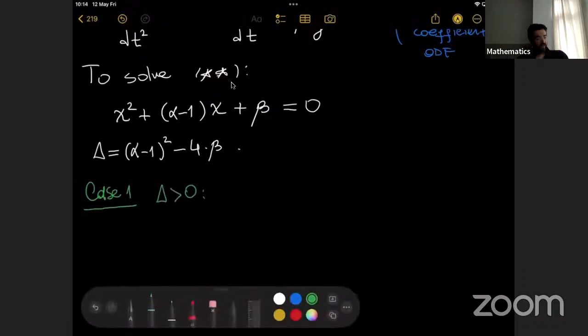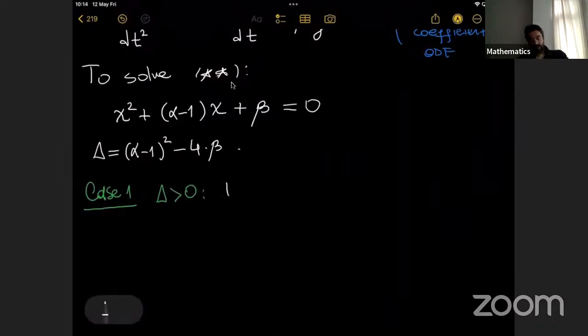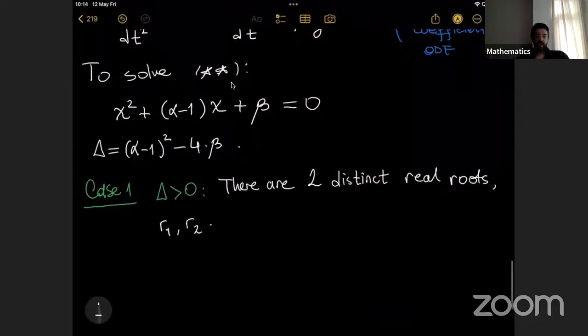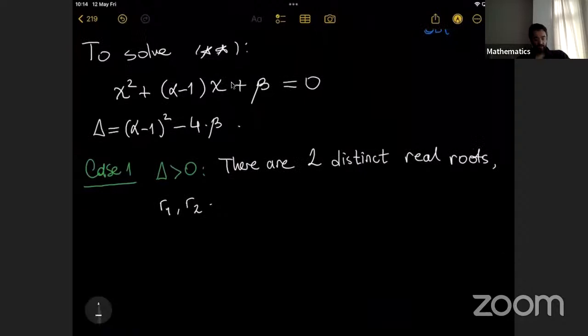In that case, we have 2 distinct real roots, say R1 and R2. And what is the solution? Then the general solution is